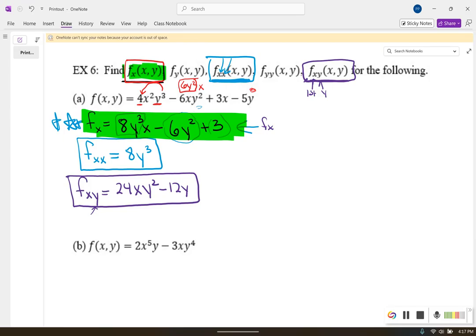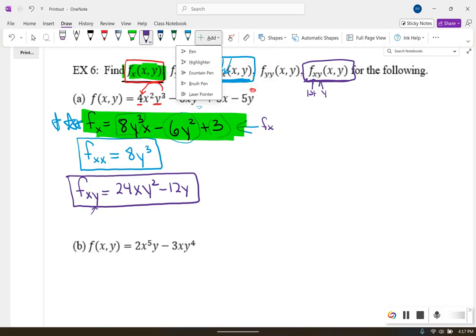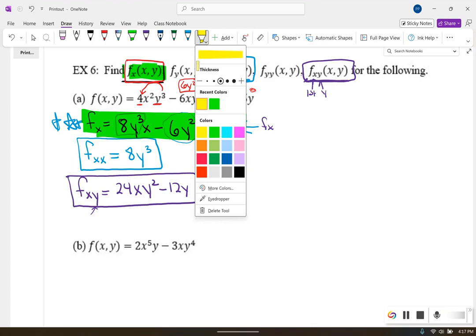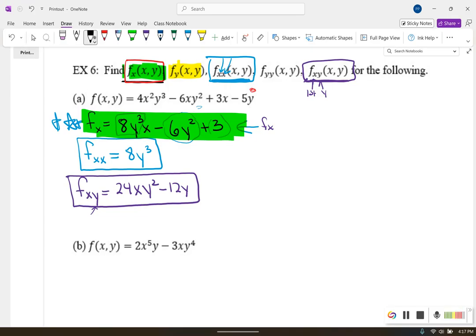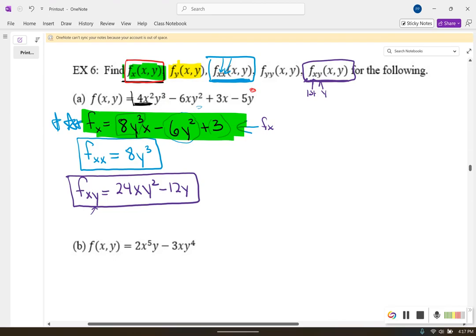But we're going to go back this time, and we are going to find the partial derivative of the original function with respect to y. So looking at my original function here, with respect to y, the 4x squared is just a big constant number times y to the third. So I have just some number times y to the third. Derivative is going to be 3 times that number. So with respect to y, I'm going to have 3 times that number, y to the second,